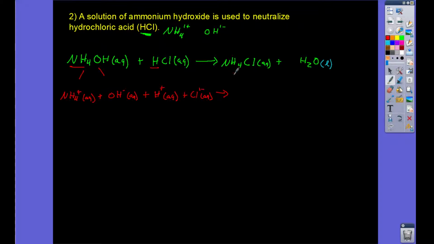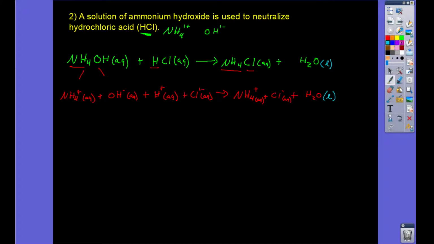And on the product side, NH4Cl splits because it's an aqueous compound in the water. So this splits again into NH4 plus, Cl minus. And then our last component, forgot the aqueous signs. And then our last component is going to be this H2O, which would not split up because it is a non-soluble liquid in this example. All right, so this would be our complete ionic equation,